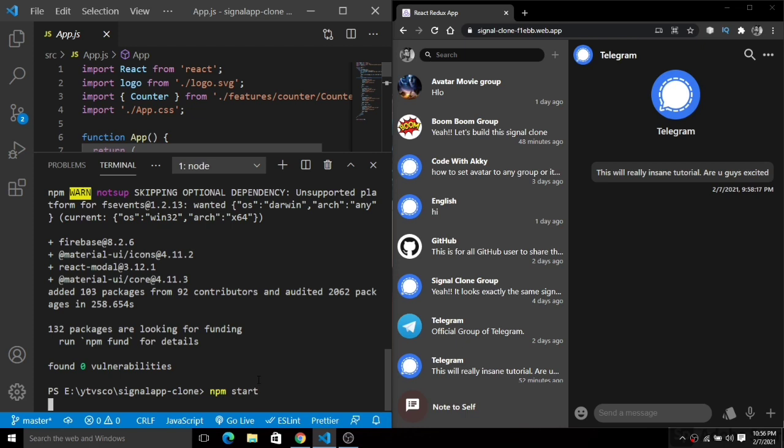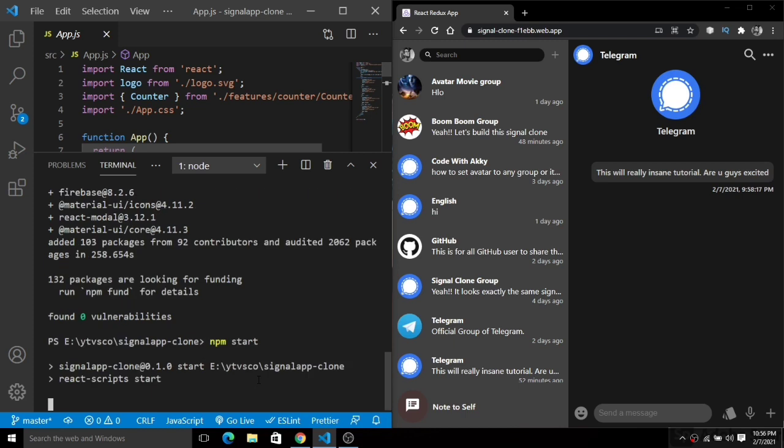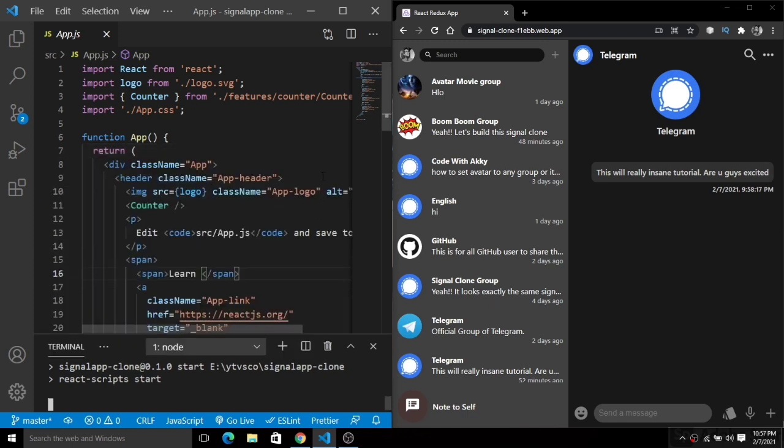So here I have hit the enter button for the npm start command. Now you will see another tab opened with a React application, a very nice shining logo of the Redux template, because we are using Redux here. That's why you can see we have this counter and everything here.